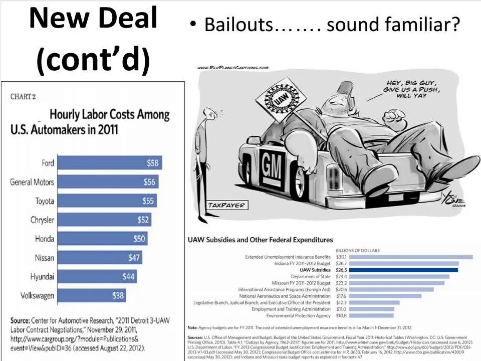Bank bailouts should sound rather familiar in recent history here in the United States. The financial crisis of 2007 and 8 took the better part of a decade to climb out of. And you can see that bailouts of things like the banks, or in this case what's depicted here, the auto industry, via things like subsidies and via things like hourly wages that are completely out of line with average hourly wages in other segments of the economy,